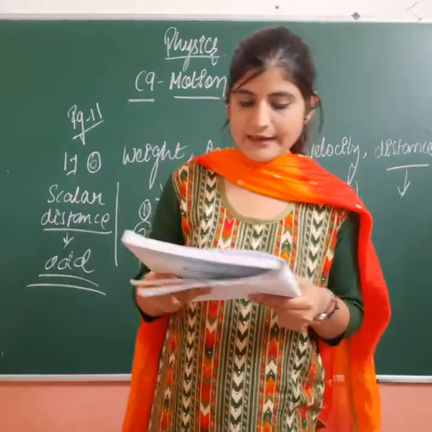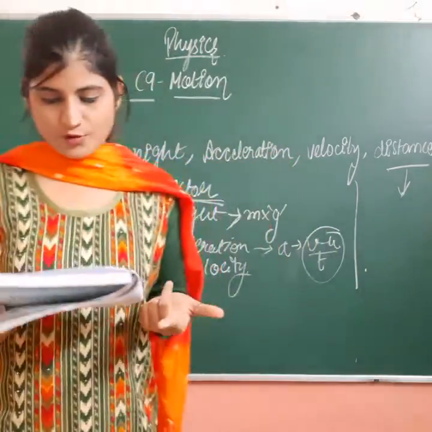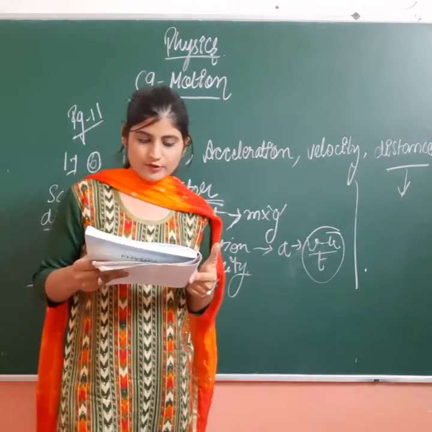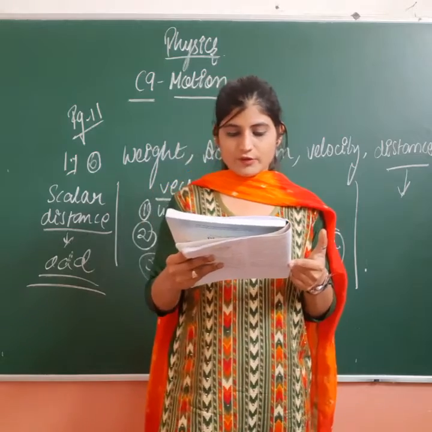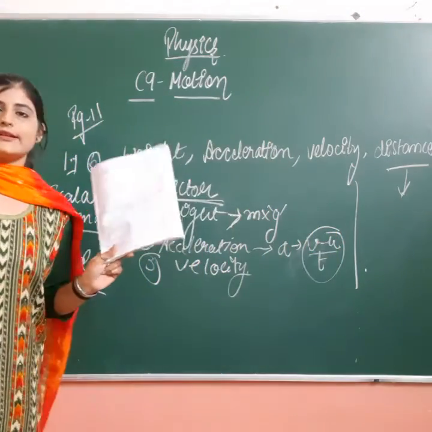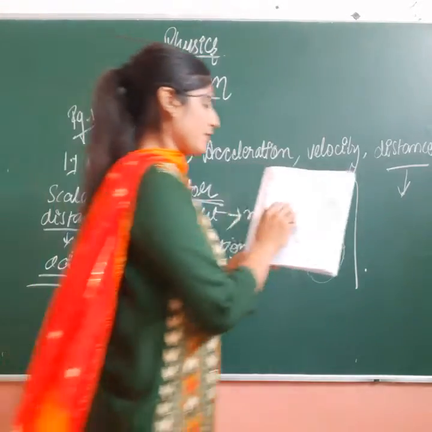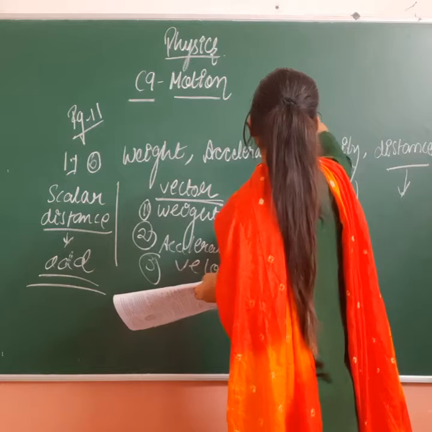Similarly, you can see that rolling stone is in motion, moving ball is a sort of motion, a dancing girl is also showing some kind of motion. So vibrating string is also having some kind of motion. So a big table is at rest. So the odd one out is a big table.